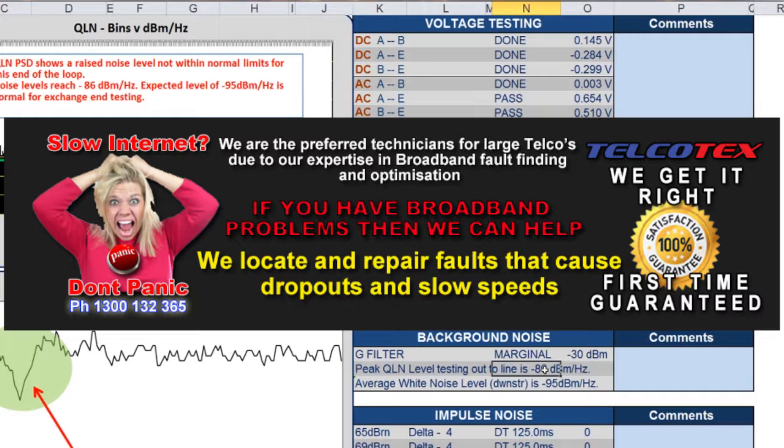When we go out on a fault test, we need to relay our test results back to the service provider, and sometimes that involves writing up a report with the test data that we've downloaded. I thought I'd show you guys what one of our reports looks like from an actual test that we did